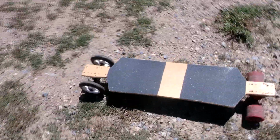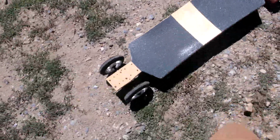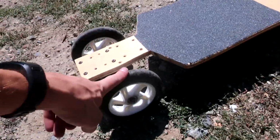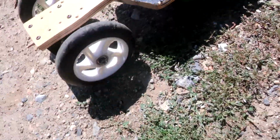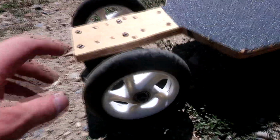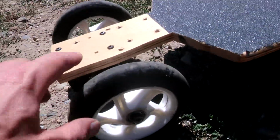So to that end, I've constructed one of my kooky, crazy setups that I do. And what I've done is I've put my Rojas on here, and I've got as big a wheels as I can fit onto the hangers. I do have 8-inch scooter wheels, but the hub is too wide and there's not enough thread. So unfortunately, I couldn't get the exact same size wheels on the Rojas. But I did get very large wheels, and I want to experiment with